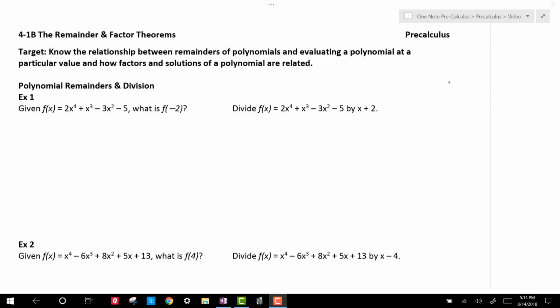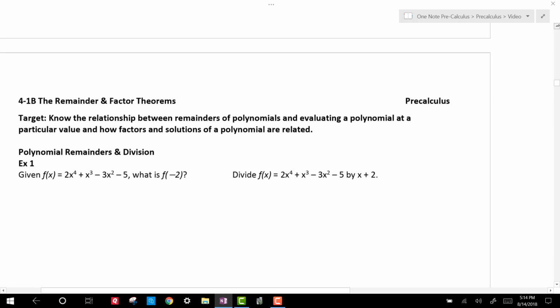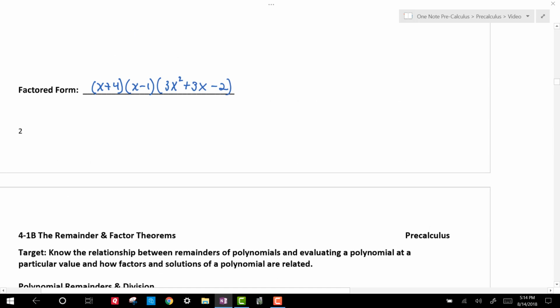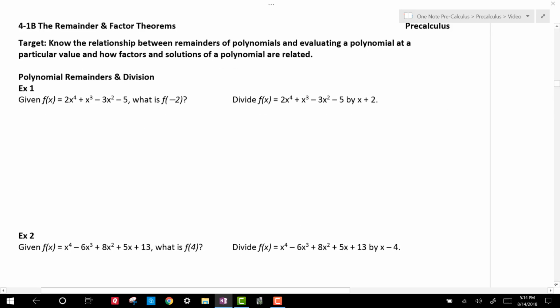All right, so here we are with the remainder and factor theorems in lesson 4-1b here. Oh, there we go. All right, so today we're going to take a look at what's called the remainder and